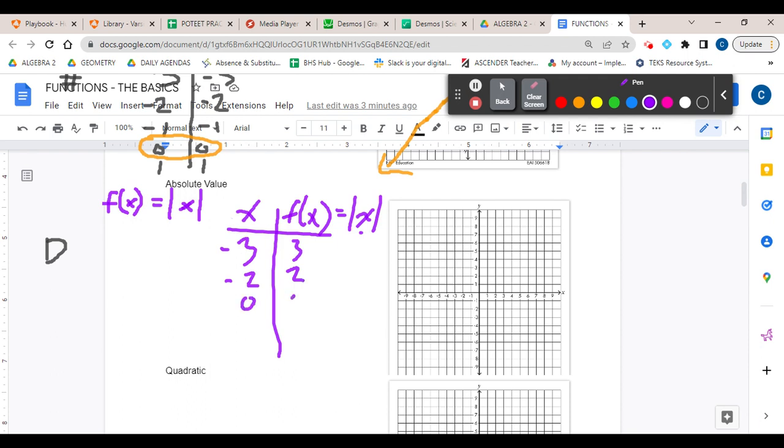The absolute value of 0 is 0. The absolute value of 1 is 1. The absolute value of 2 is 2. Okay? Pick your points. Pick your points. Doesn't matter. So on the absolute value thing, if we plot all the points on this thing, and you can make as many points as you want,